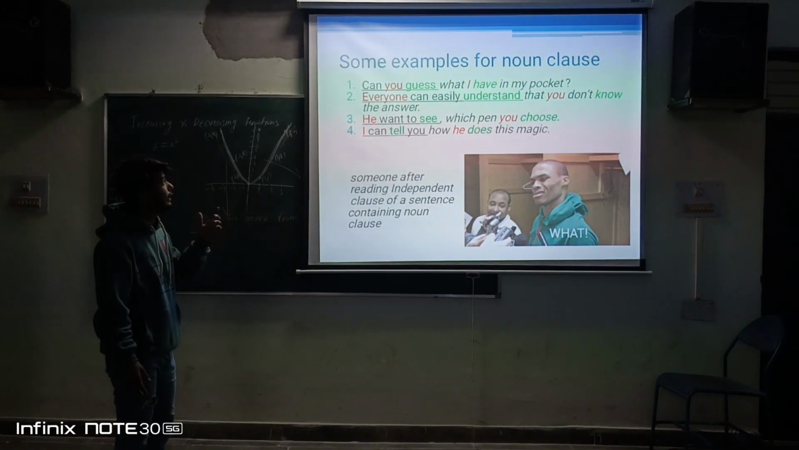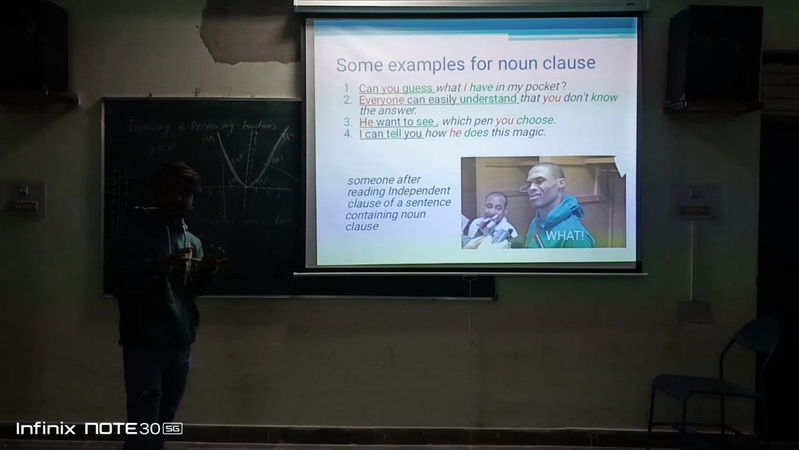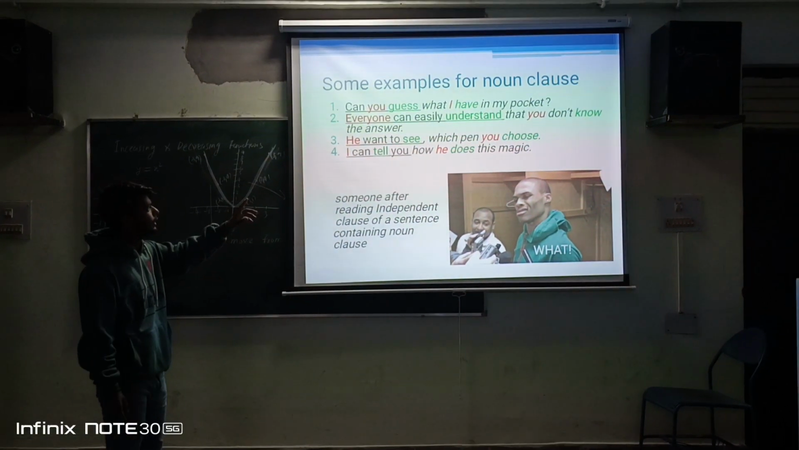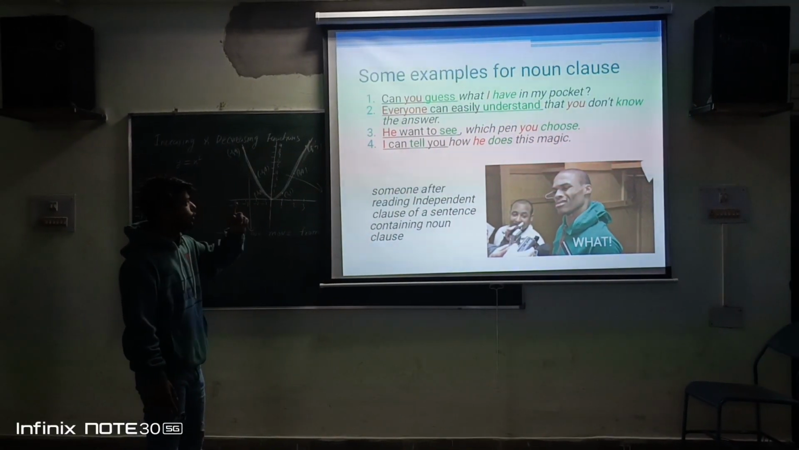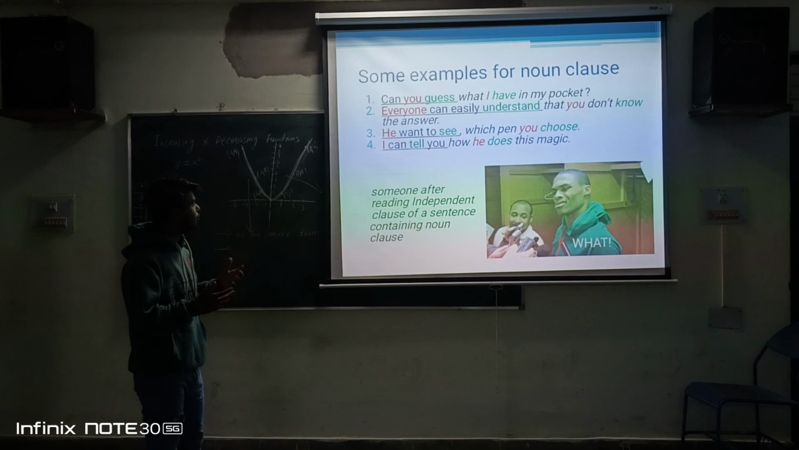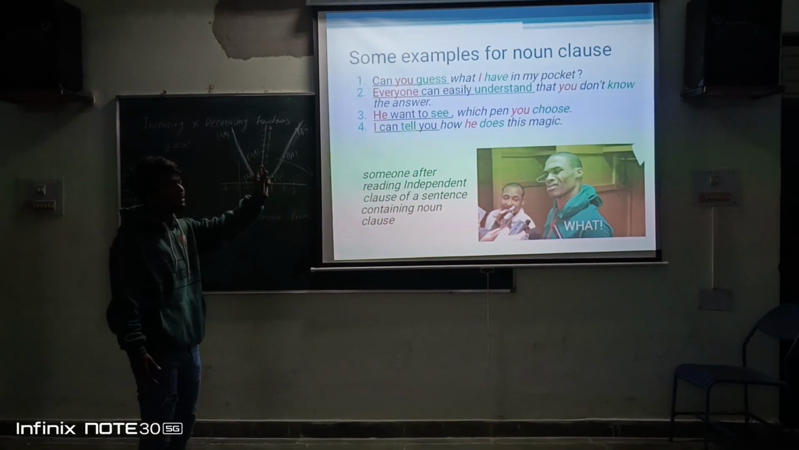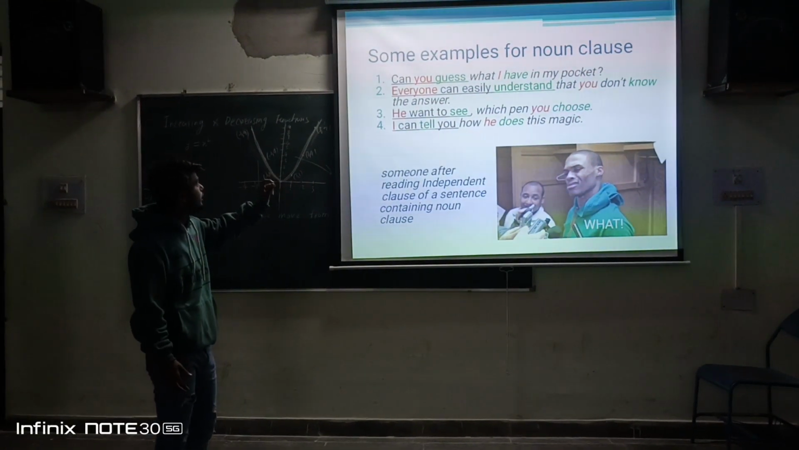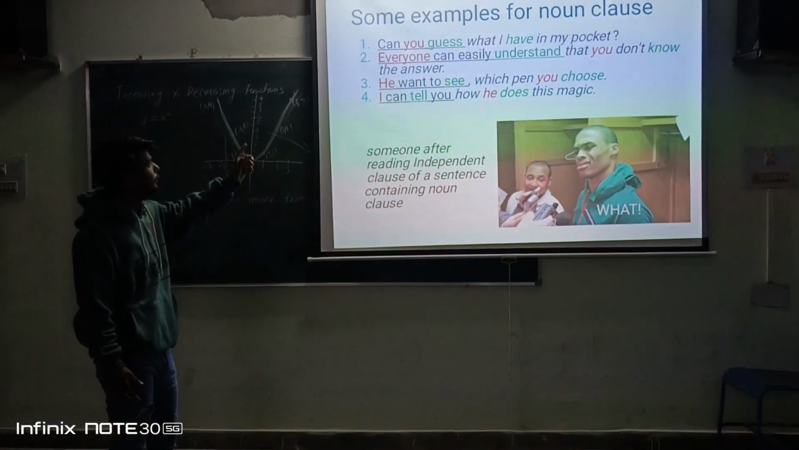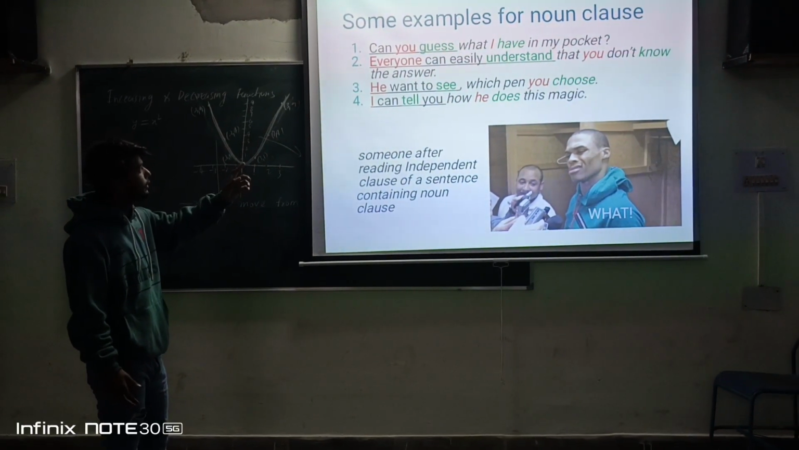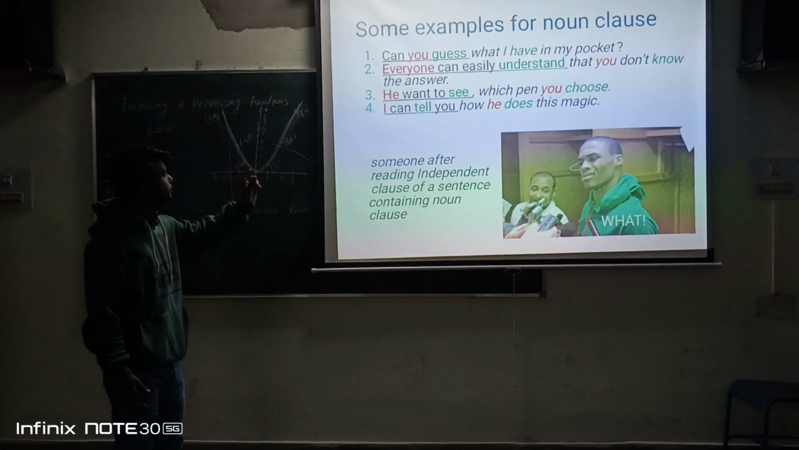Everyone can easily understand that you don't know the answer. Everyone can easily यानी हम सब कुछ easily समझ सकते हैं, बट that लगने की वजह से that you don't know the answer, मतलब don't know the answer, that का जो that आया उसे ही नाउन क्लॉजेस से पहचान होती है। He went to see, he हमारा सब्जेक्ट and went हमारा वर्ब हो गया, and which pen you choose, जो which आया उस which को ही नाउन क्लॉजेस कहते हैं।